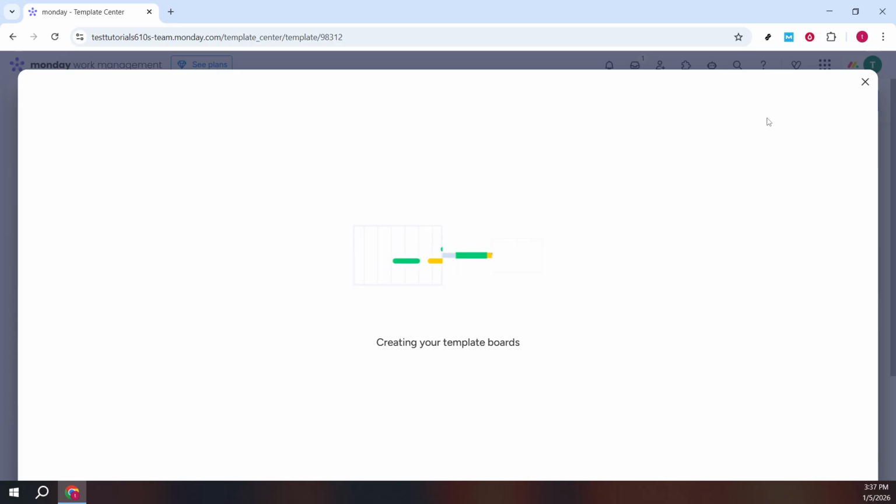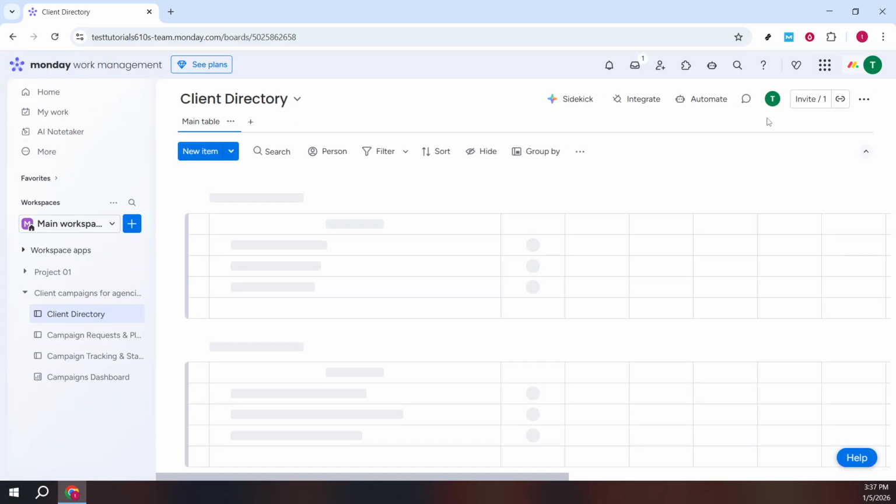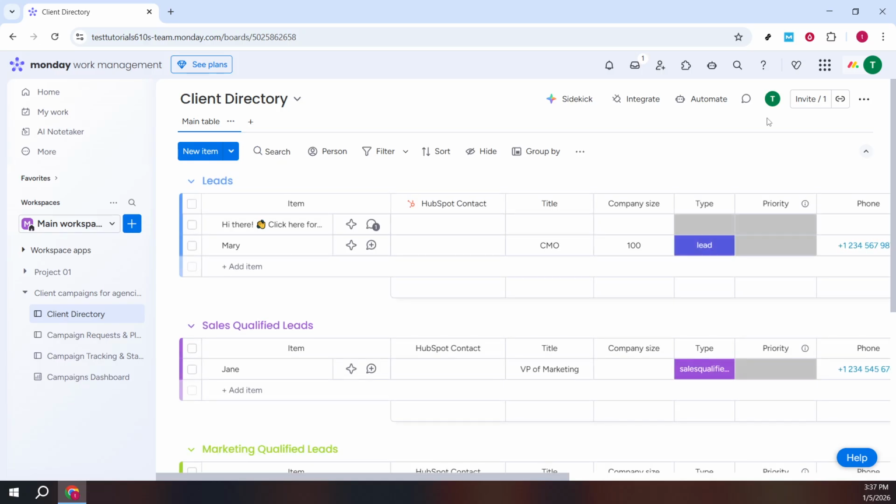Assign an owner for each item, add due dates, and set statuses that match your pipeline, such as briefed, in design, in review, and launched. If the template includes channels or deliverable types, adjust them to reflect what you actually produce: ads, content, email, web, or PR. At this point, consider adding context directly into item descriptions so teammates know the objective, target audience, and